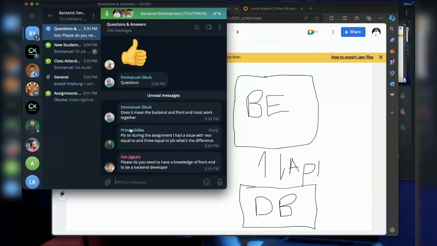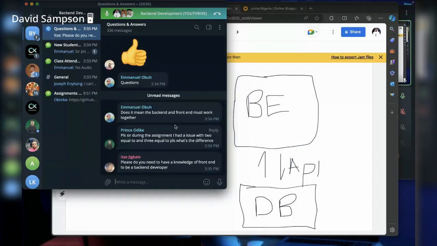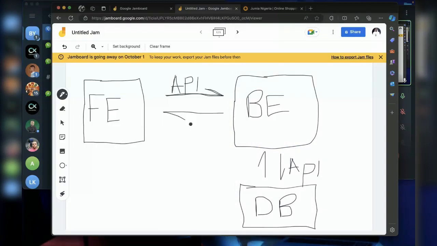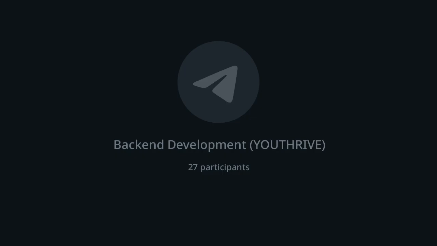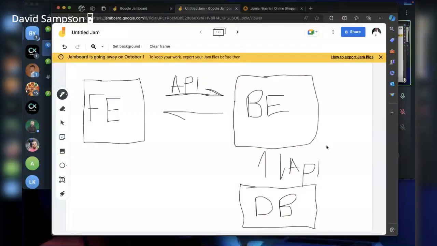Yes, the back end and the front end must work together, although they are hosted separately. So it means that you can host your front end in Lagos and host your back end in Jigawa, but the two of them will be communicating to serve the user. And that's how it works. So I think I've been able to explain a backend. As a backend developer, your job starts from here to here.